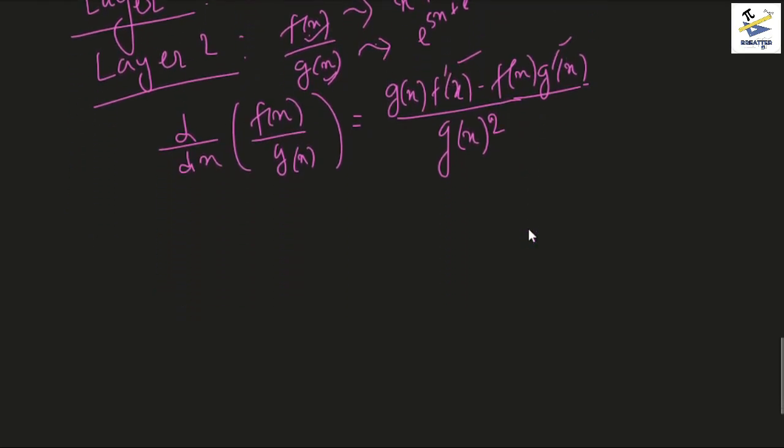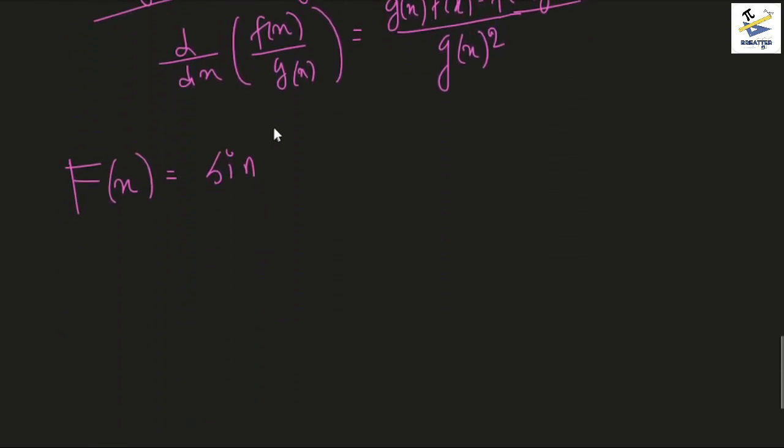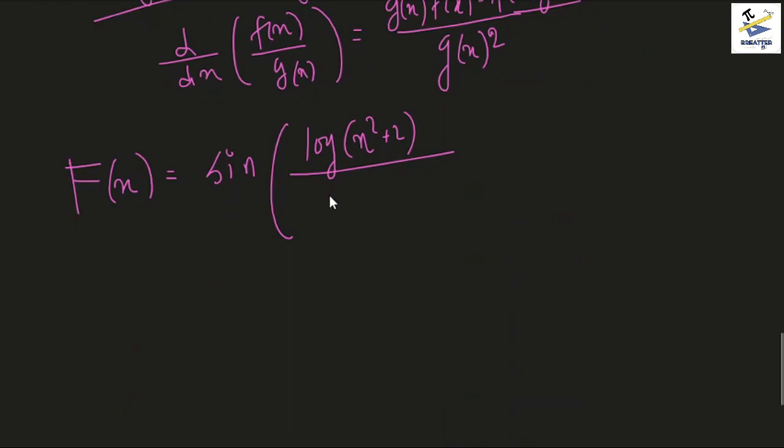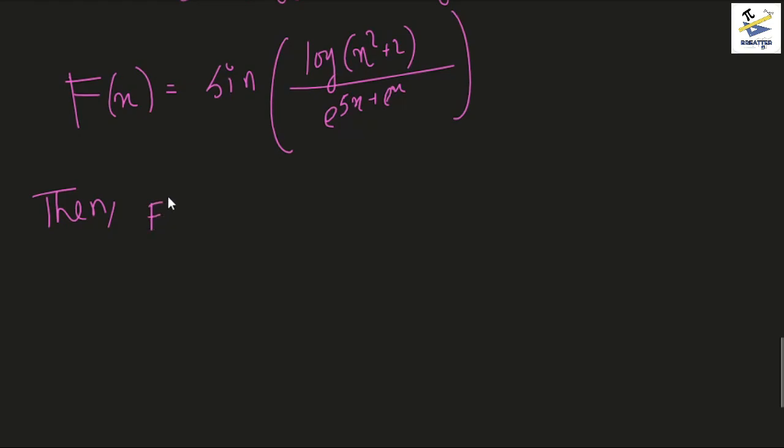So let's do this. Let us first define the function as capital F of x equals sine of, let me just copy it, log of x squared plus 2, divided by e to the power 5x plus e to the power x. Then F dash x would be, so firstly the derivative of sin x is cos x, so we first have this,